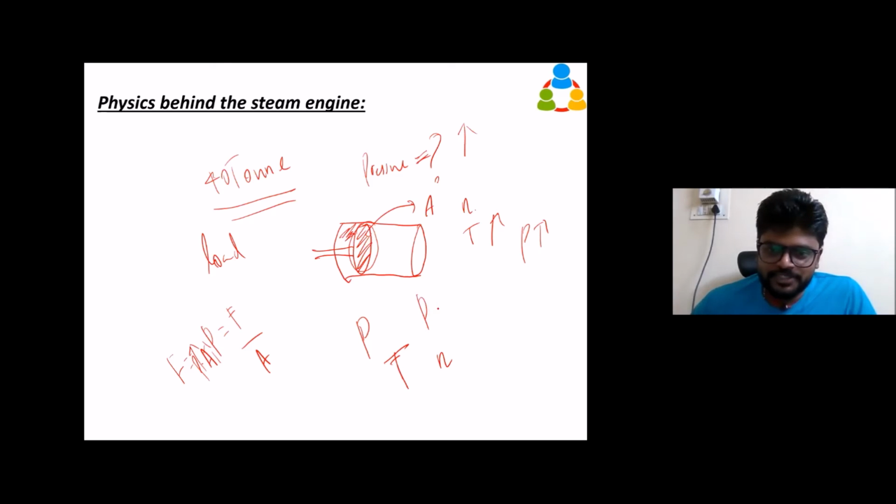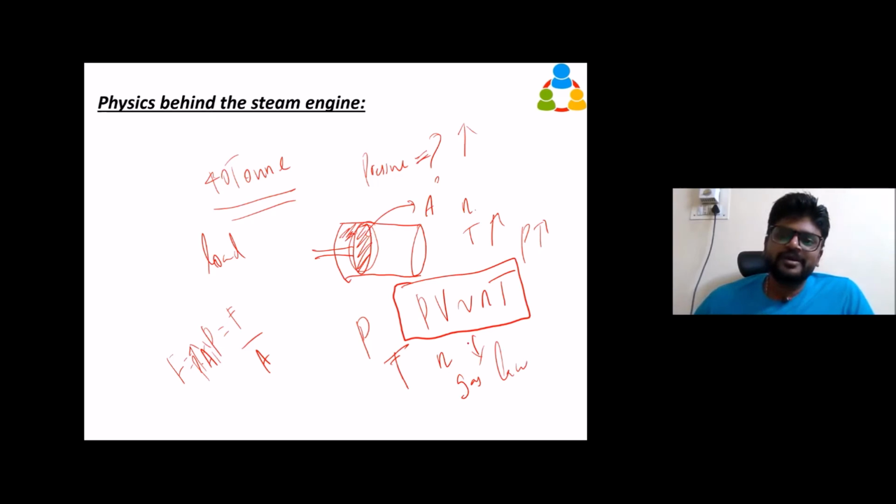Okay, so pressure, volume, and temperature. This you are remembering, the gas law. Okay, so this is connected to your academics now. This was independently observed by Boyle and Charles, and we will call it the gas law in general. So how pressure and temperature are related, how volume and temperature are related. So volume is this one.